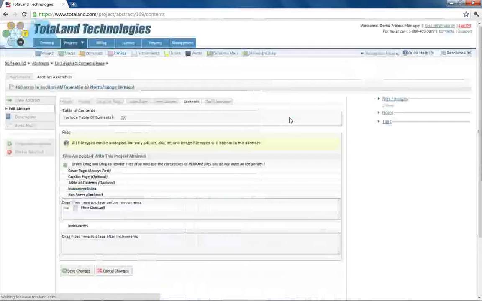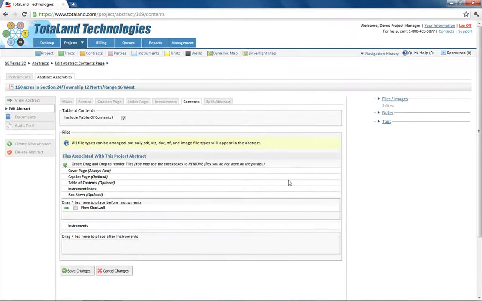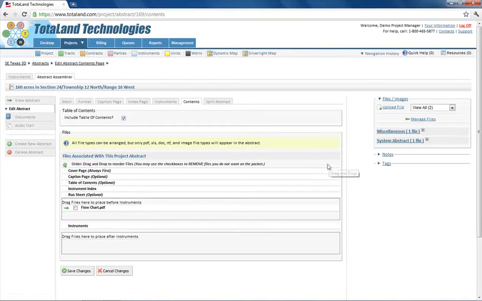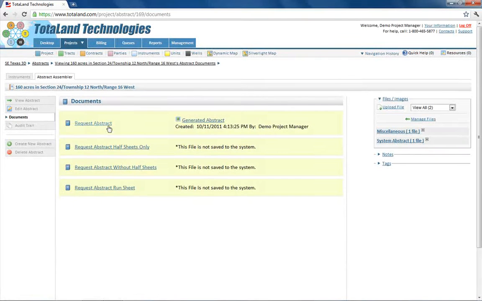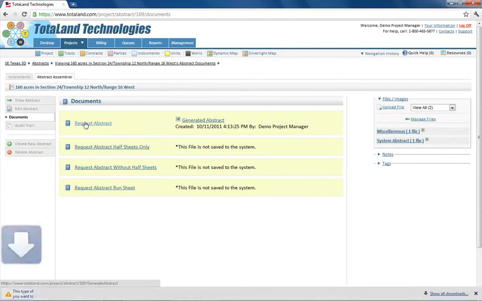The contents page allows for non-instruments to be attached and manipulated within the abstract. They get uploaded in files and images, categorized, and then they have to be placed either before or after the instruments. The instruments will be all together for proper page numbering. Then we go to Documents, click Request Abstract,